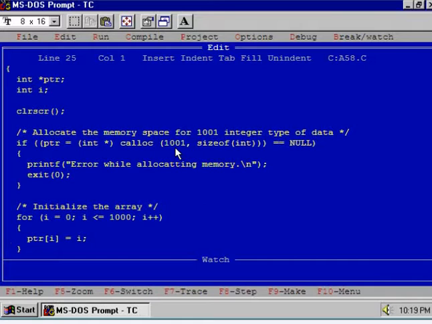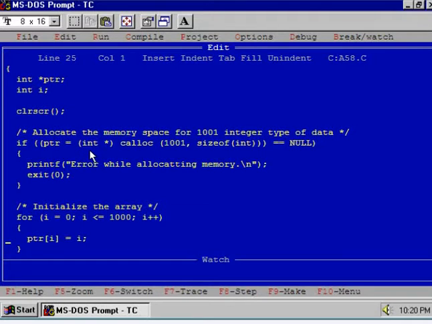Is it clear? Remember that by default the function calloc will return a void pointer. What is that pointer? Void. That is, it can point to any data type. So void pointer means pointer to nothing. I mean, the meaning of void is that it can point to any data type. Hence, casting is necessary. That is why you see here we have used casting.